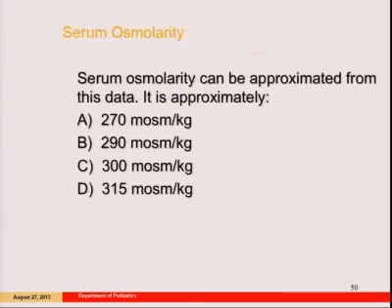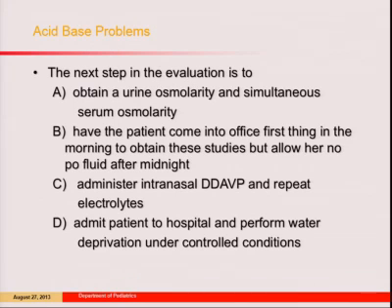The one thing I want to caution you against, if you're going to water deprive somebody, you must do it in the hospital. The true patient with diabetes insipidus can, in 12 hours, lose 7 to 10% of their body weight. And if you do that overnight, it can be very dangerous. When we do it, we weigh them every hour or two, and we repeat electrolytes every 2 hours. And if they've lost 7% of their body weight, they're done. Then we give them DDAVP to see if they respond.